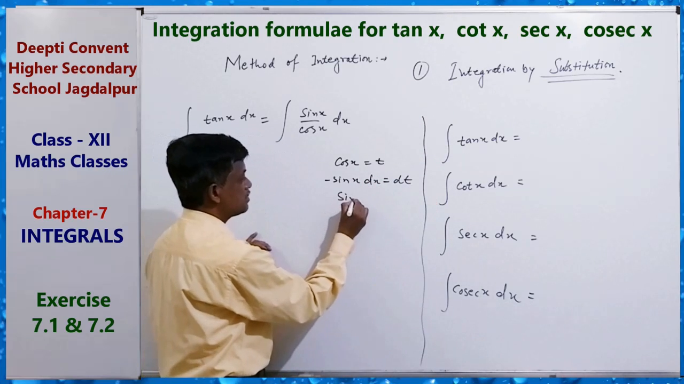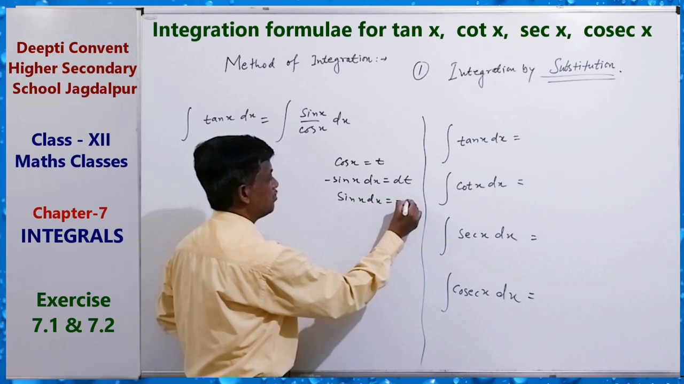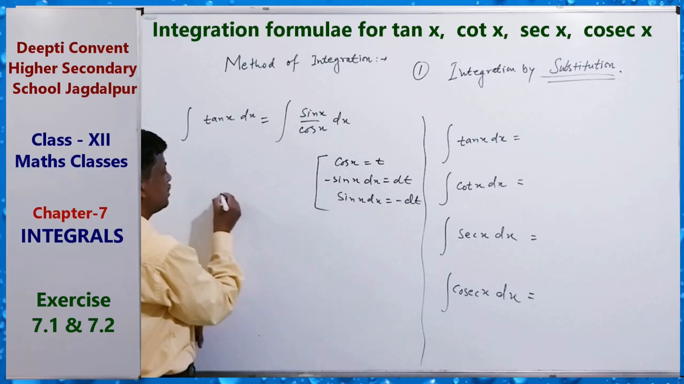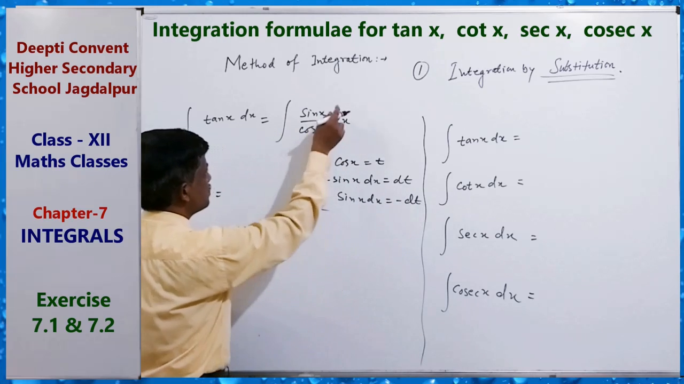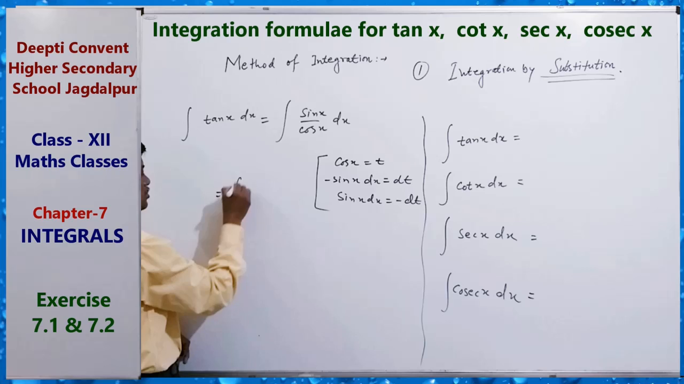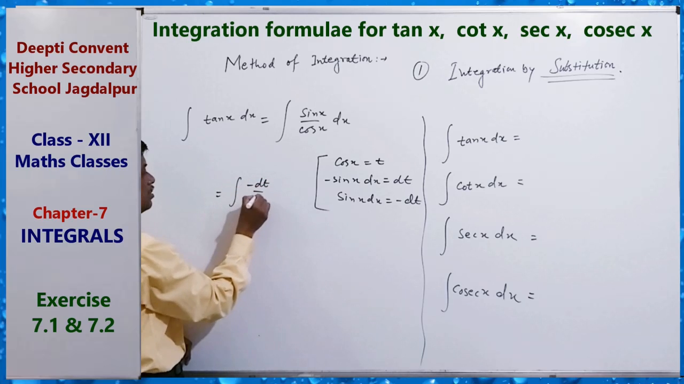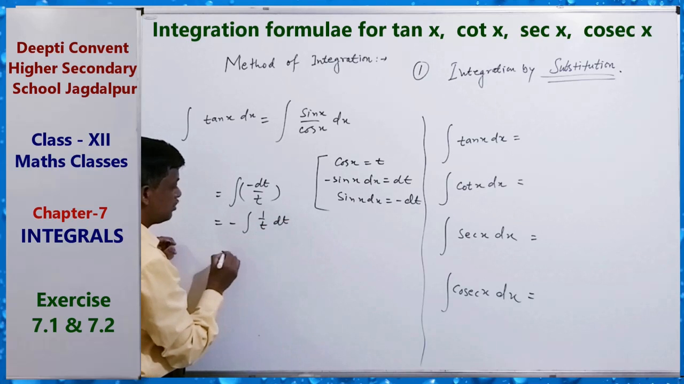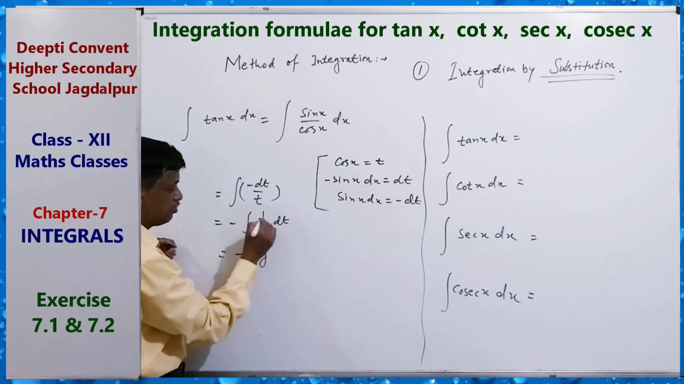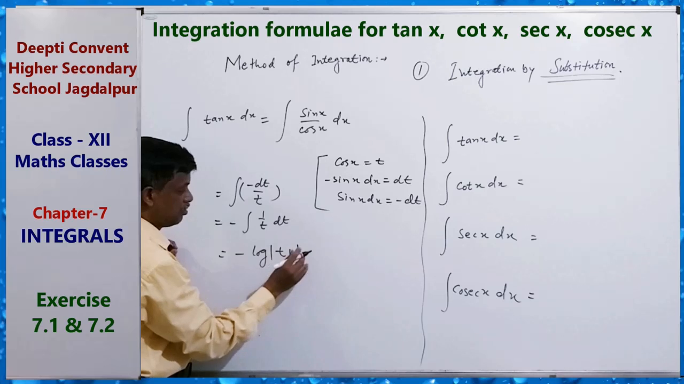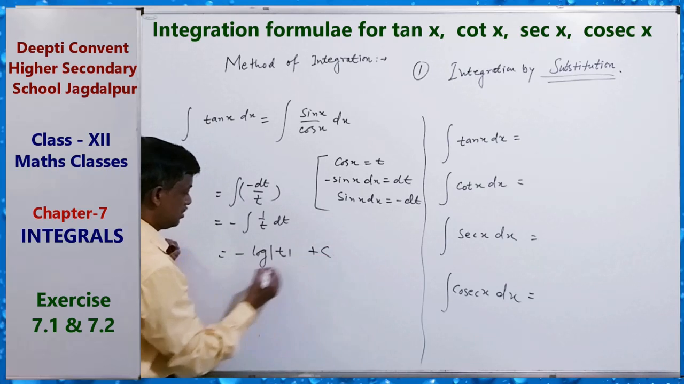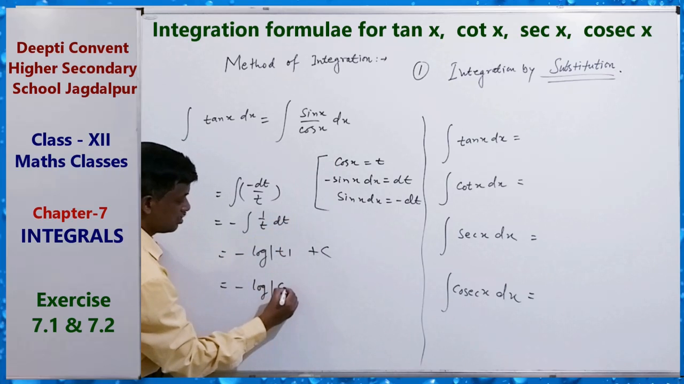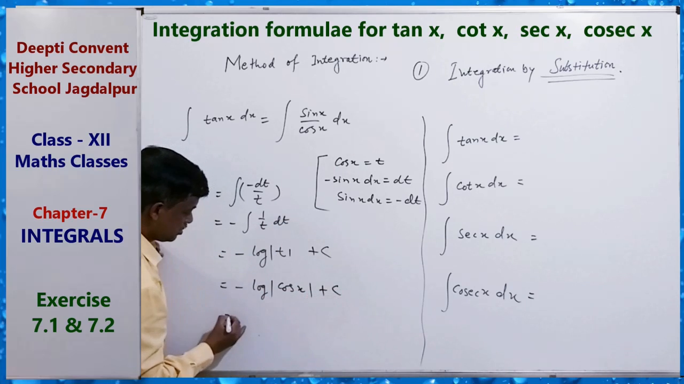So here sin x dx equals to what? Minus dt. So use this substitution here. Sin x dx equals to minus dt by t, cos t. So minus dt by t, that is minus 1 by t dt, that is what? Minus log of mod t plus c. Now put minus log of t means what? Cos x plus c. So minus log